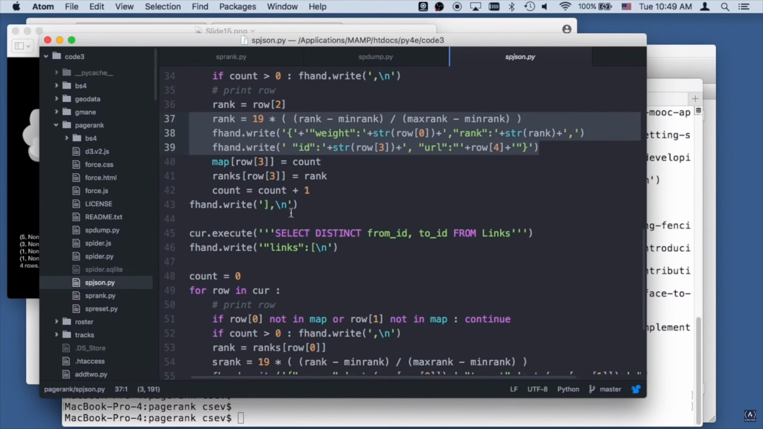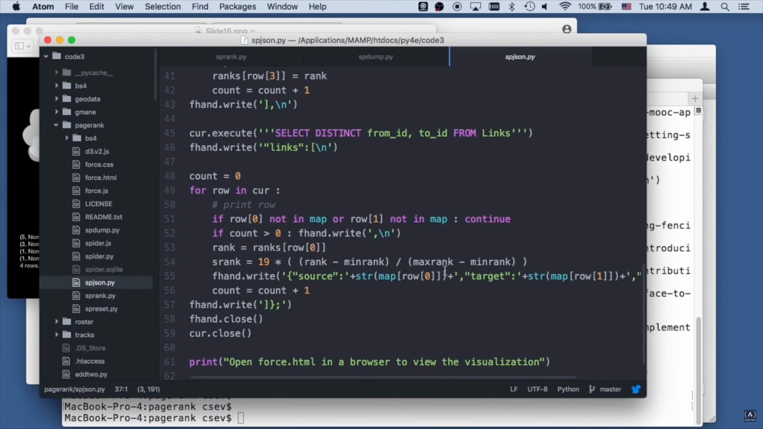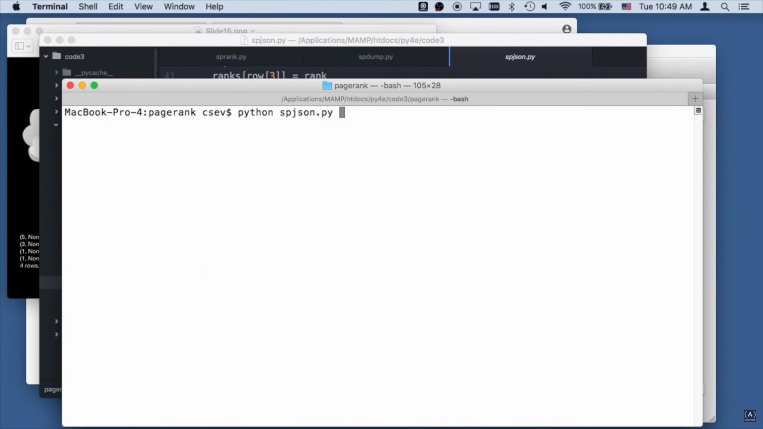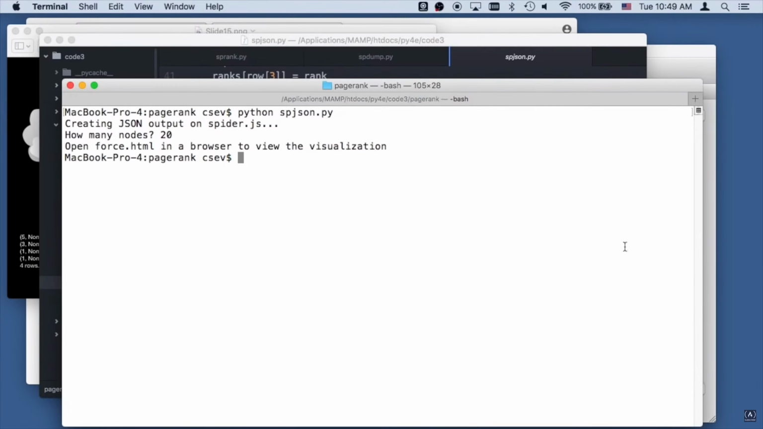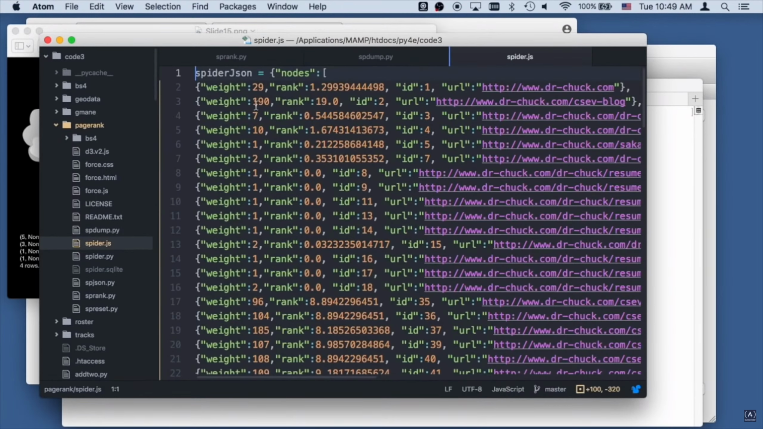So these are the balls that you'll see. And this is drawing all the lines, and this is again normalizing things for thickness and printing these things out. Now I don't want to go through this in tremendous detail, but I'll do python spjson.py. Let's do the top 20 nodes, and if I take a look at this file spider.js, you can see that